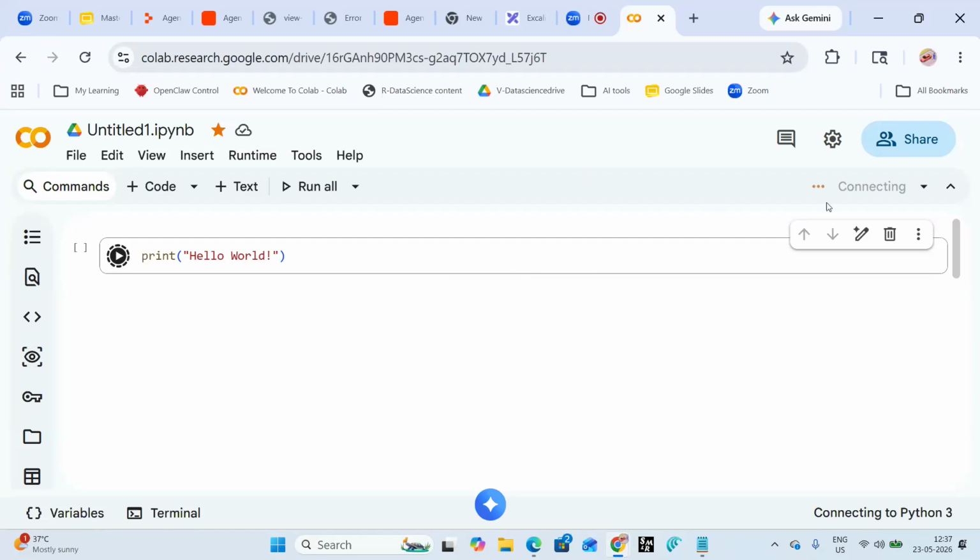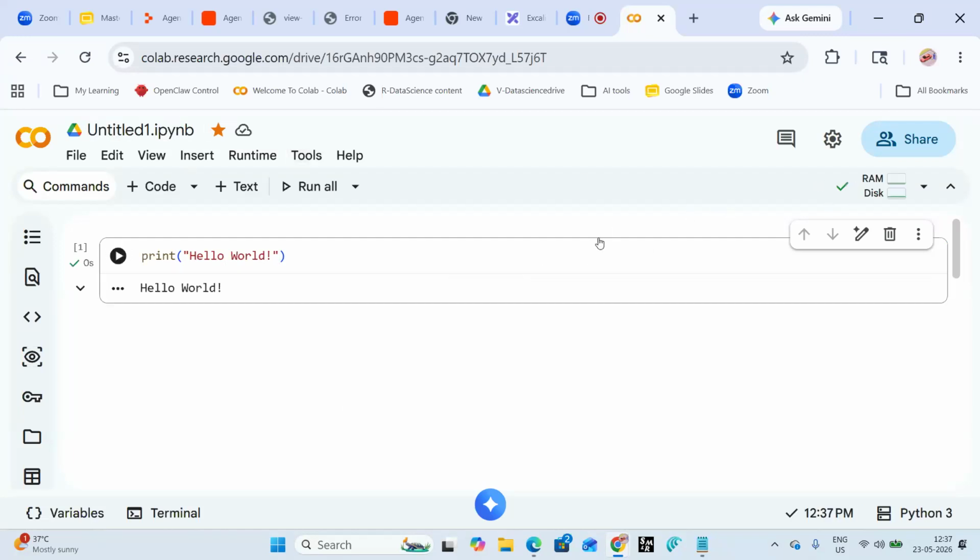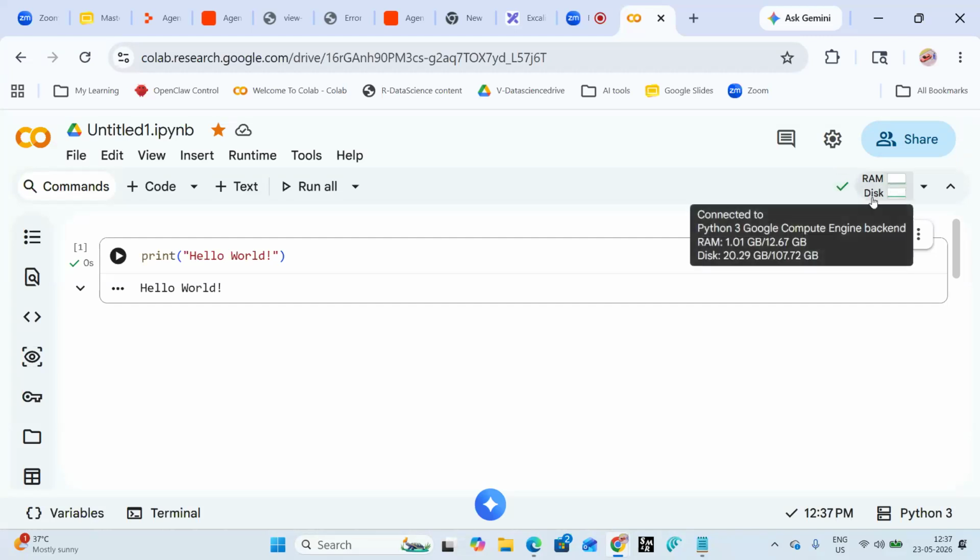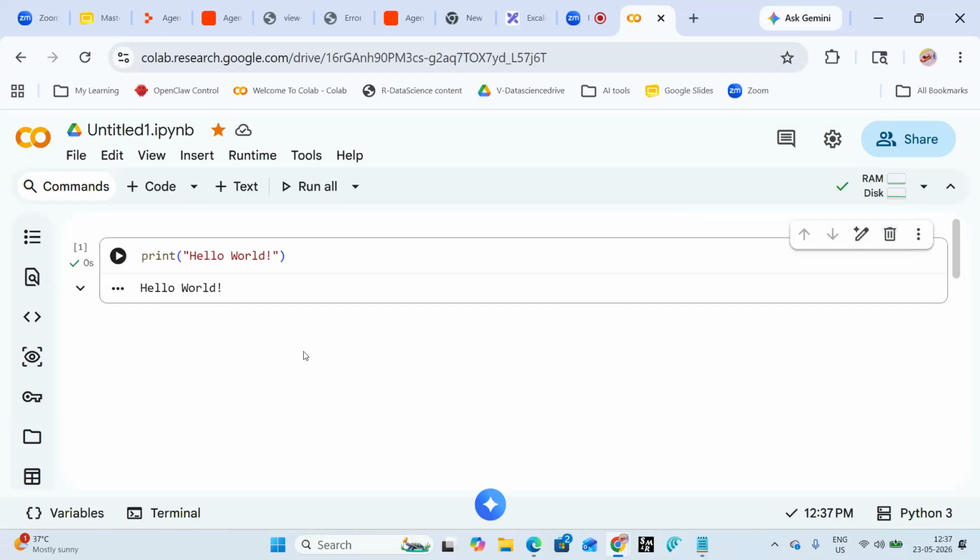And one more thing is that when you start, you require a Gmail account. So if you want to practice, you require a Gmail account, and you need to go to Google Colab and write. When you see a connect button, you need to click on that. When you see this right mark here and you see RAM and disk, then only you are ready to code. Okay, your engine is ready.